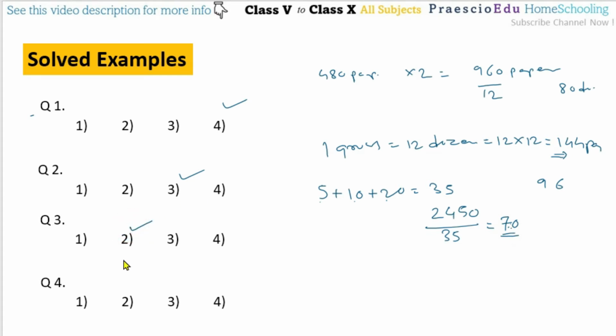Now question number 4, Shalini purchased a compass box for rupees 120 and other educational material for rupees 245. She gave the shopkeeper a 500 rupee note. What amount will she get back? So what is the total purchase amount? That is 120 plus 245. After addition of this, we get 365. So this is the purchase amount, and a 500 note she has given. So from this 500, we have to deduct this 365. So we get the balance 135, and this is mentioned in option number 1.